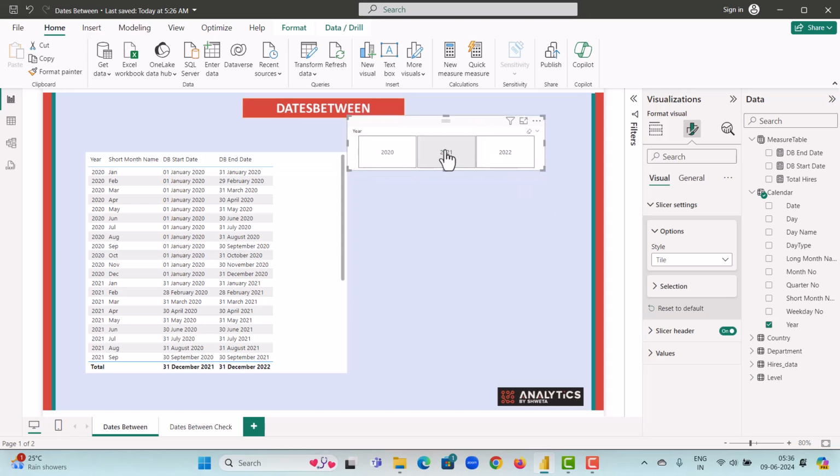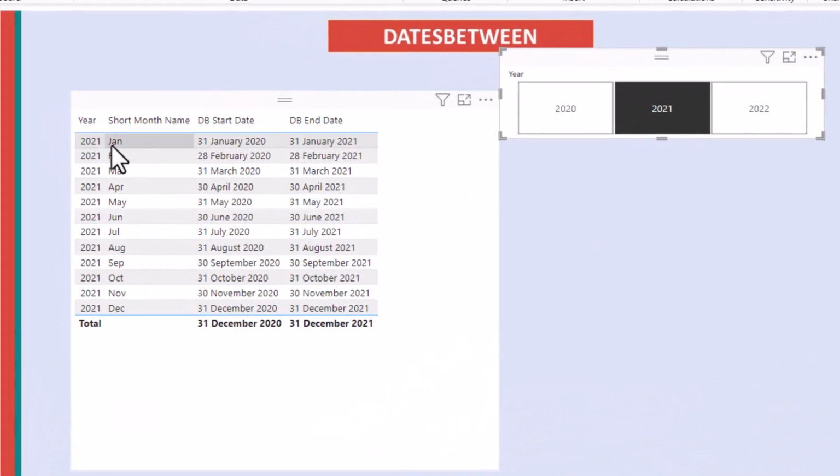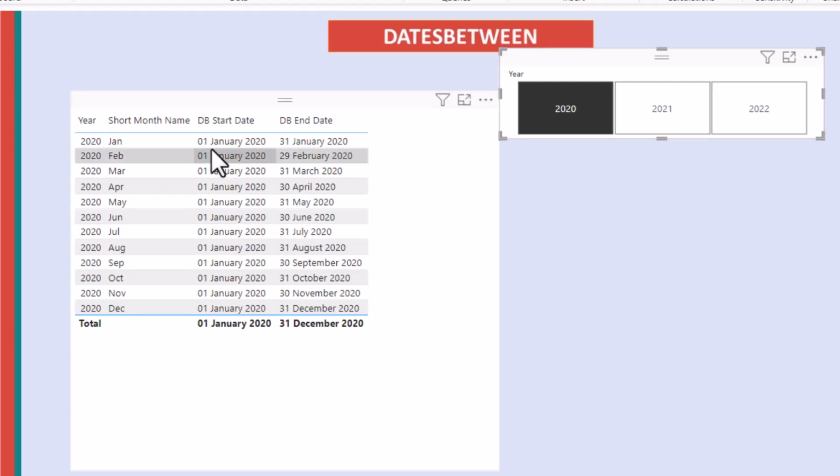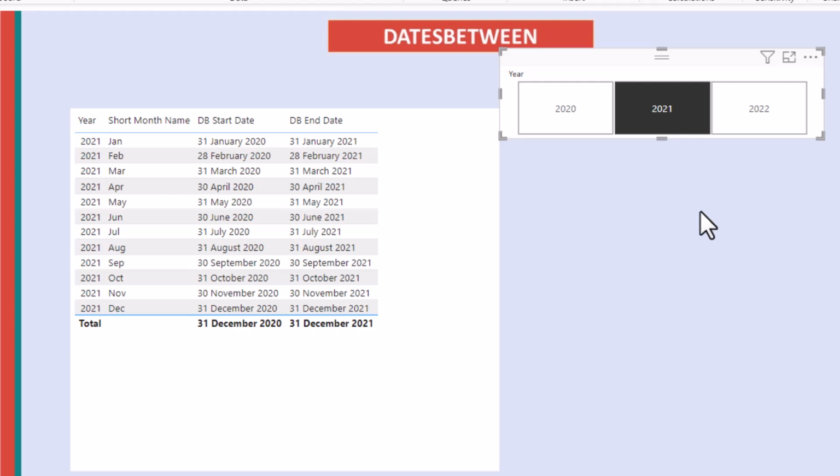Let's select 2021. If you look at 2021, it starts from 31st January 2020 to 31st January 2021. If you look at 2020 instead, it shows 1st of January 2020 to 31st of January 2020. It is not going back a year because 2020 is the first year in our data set. So let's look at the second year in our data set so that we can go exactly 1 year back